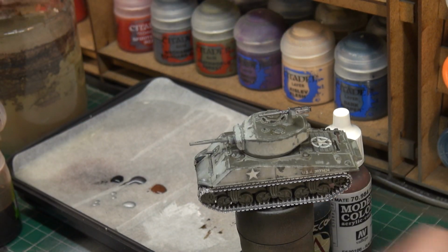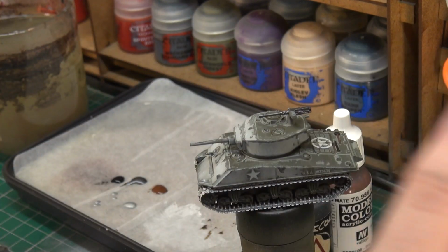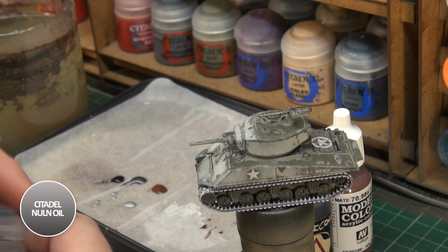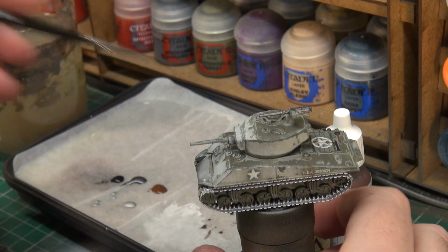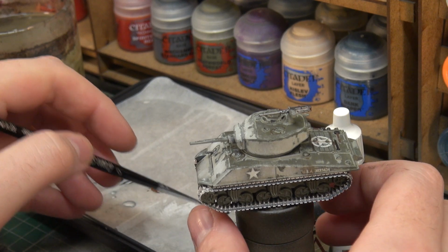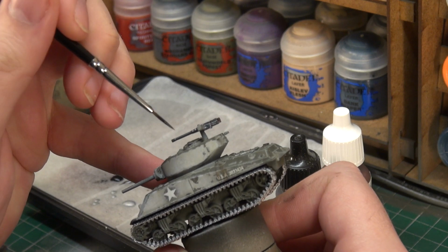So the next thing we're going to do is I'm going to put the Abrax away, and we're going to bring out some Nuln Oil. This is going to be pretty self-explanatory. It's going to be going onto the machine guns. It's also going to go onto the engine grill a little bit as well, again in an effort to kill down some of that whitewash. So on the machine gun, pretty straightforward. We're just giving the whole gun